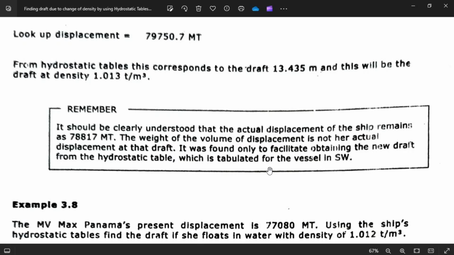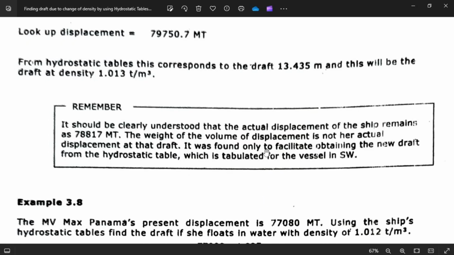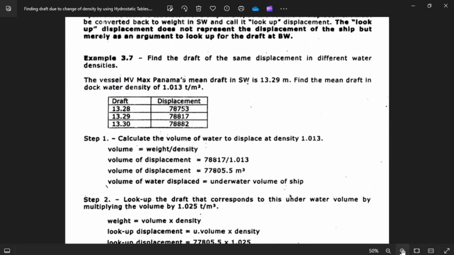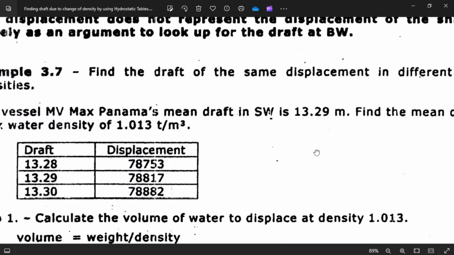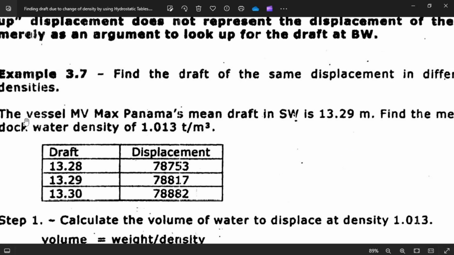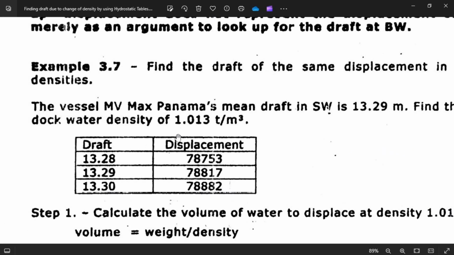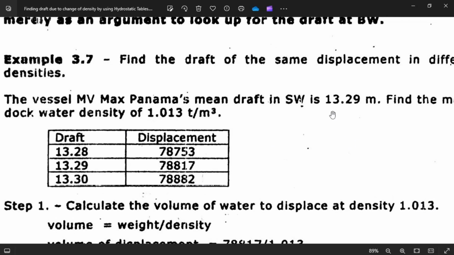Now I will show you the program. Let's go back to the problem. The vessel MV Max Panamax mean draft is 13.29, and find the mean draft when she floats in a density of 1.013. So we go to, I have this. So the displacement of 13.29 is